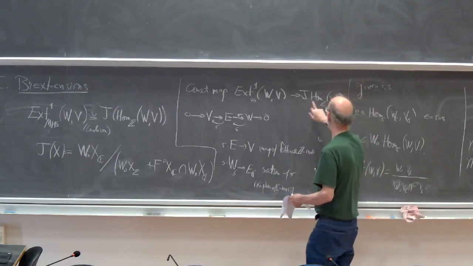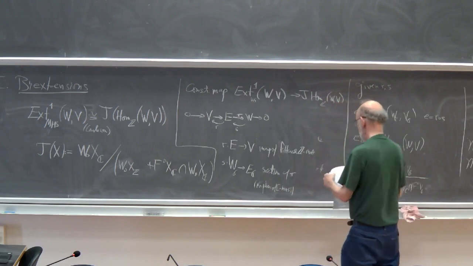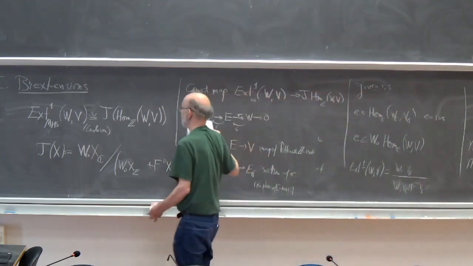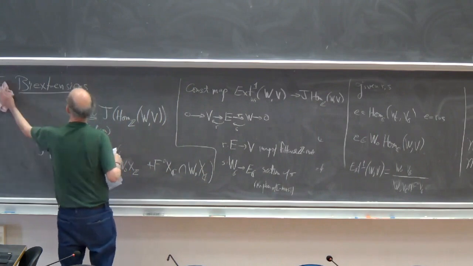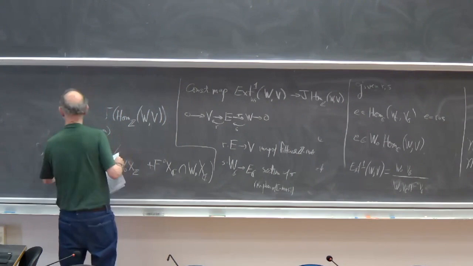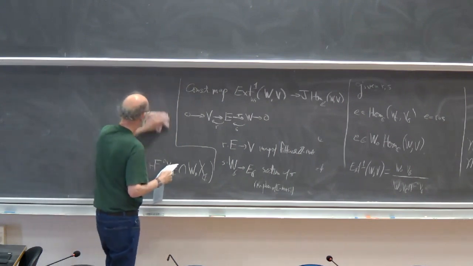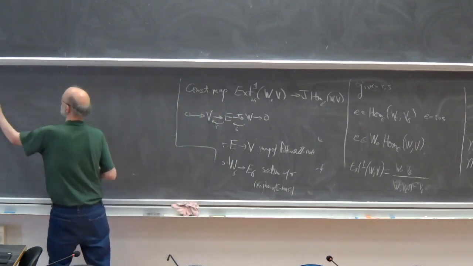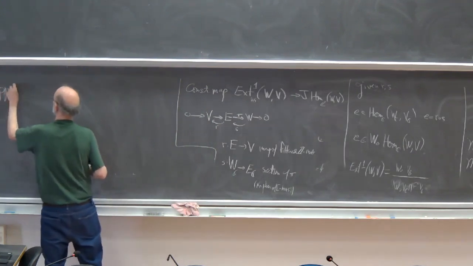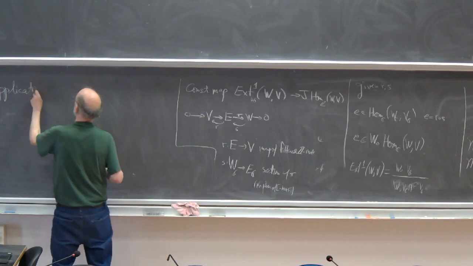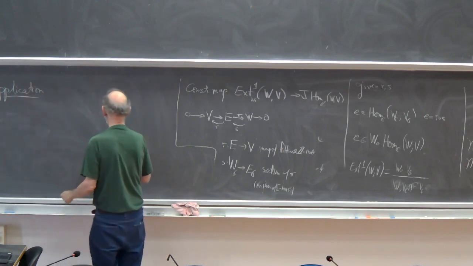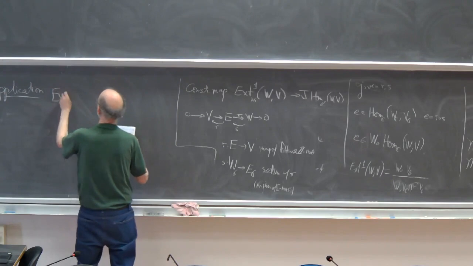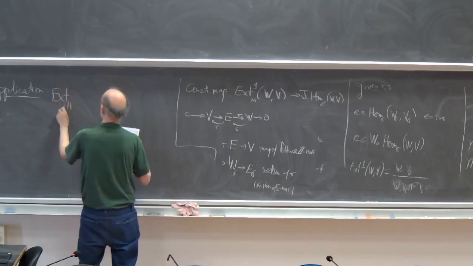extension map here. So the example that I want to focus on, I mean, I don't really care about the general result. It's a nice result and it's true. But I want to focus on a very simple case that I mentioned earlier, just the extensions of Z by Z of 1. Okay, so the application is that Ext^1 in mixed Hodge structures,